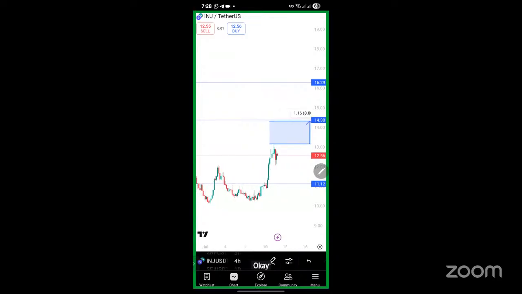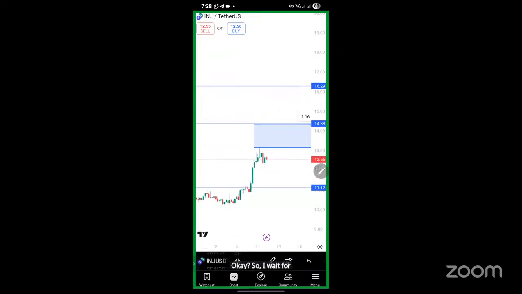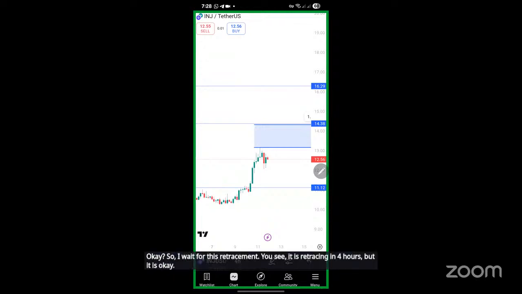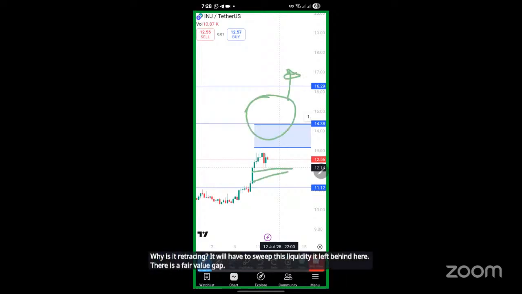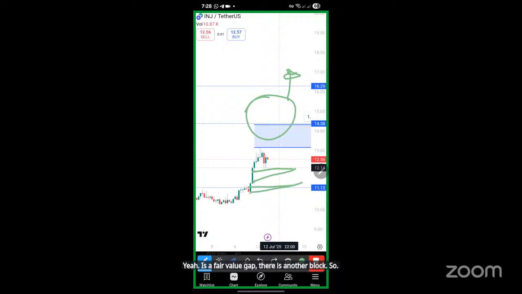Okay, so I wait for this retracement. You see it is retracing in 4 hours, but it is okay. Why is it retracing? It will have to sweep this liquidity it left behind here. There is a fair value gap here, there is an order block. So as injective comes here to tap in the fair value gap and mitigate it, we expect